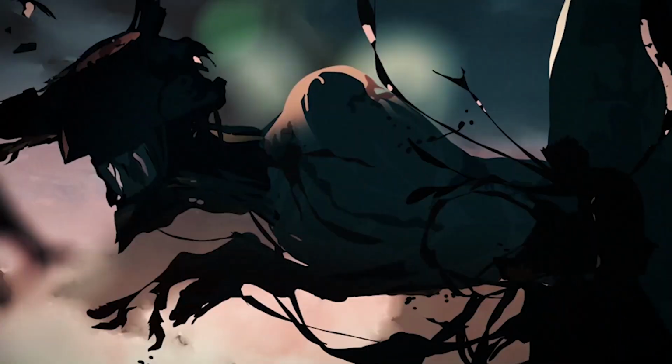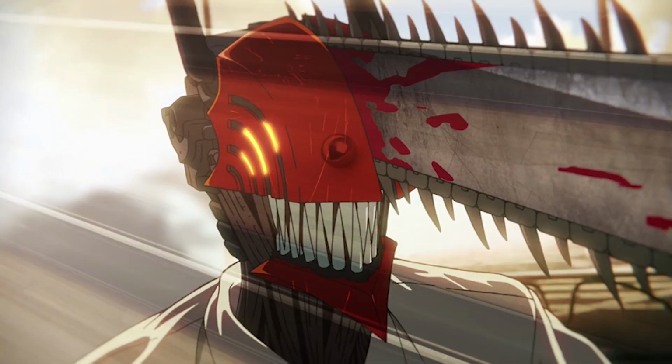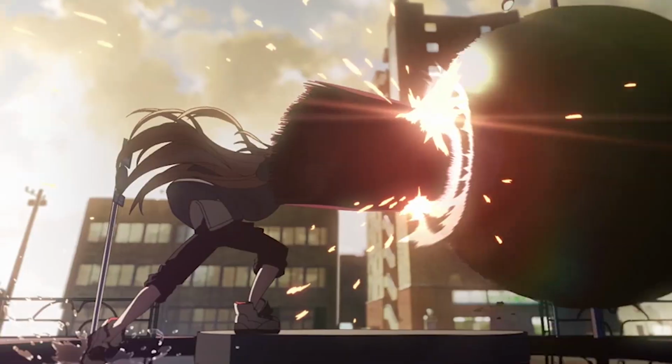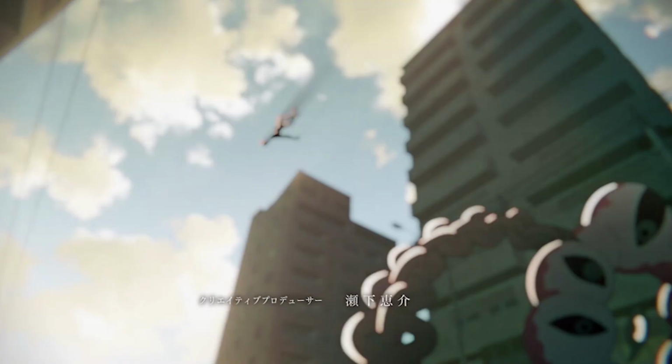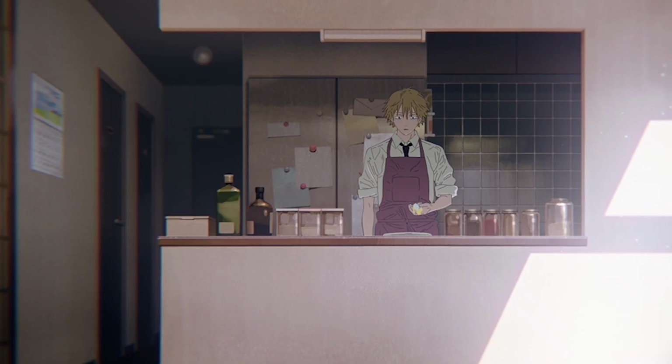It was apparently supposed to be an End of Evangelion reference, and that is a movie that I have seen, but I didn't catch that one. Lots of cross-dissolving follows as we see more cuts of action with some amazing smears. The entire impact of Denji cutting through whatever he is cutting through is transitioned into an egg cracking of all